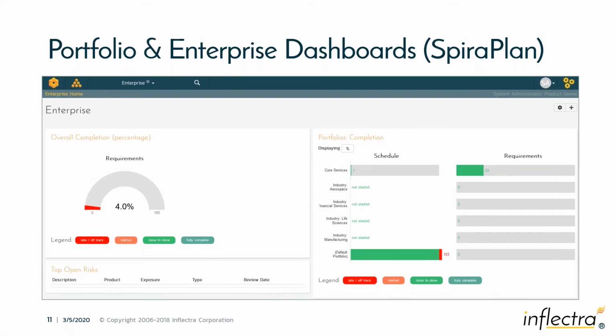So what we've added in the system is a new level called portfolios, which is above a program. You can now roll up your programs into portfolios. You can also have an enterprise-wide view of all your different portfolios and programs, and we'll show you this live. And we've got new dashboard widgets, some of which we previewed in Inflectra, that let you look at the overall